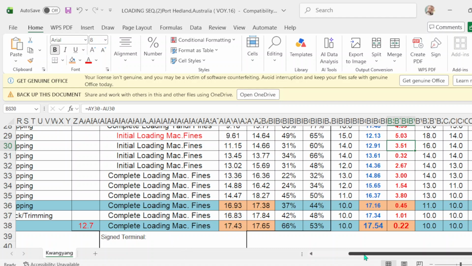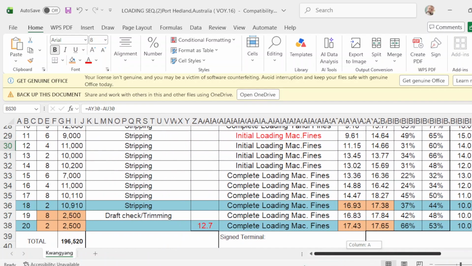Now assuming that this is the trimming hold 18.2, and the amount of cargo for trimming is roughly, or exactly, 5,000.